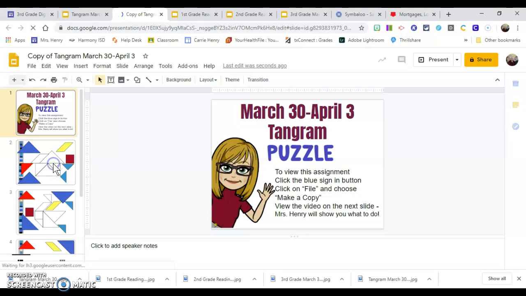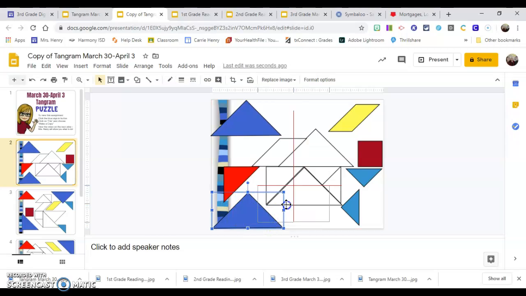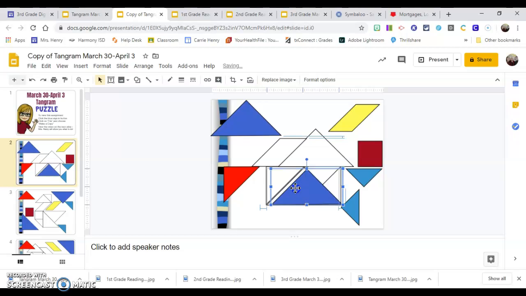So we're going to click on slide number 2. You're going to look at these shapes, and we can tell right here this is the outline of a house. You're going to move the shapes to the space that it matches and build this structure. So I can tell this triangle goes here,